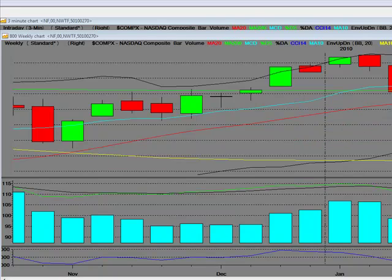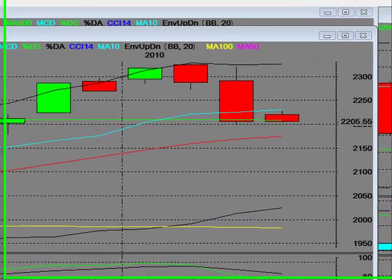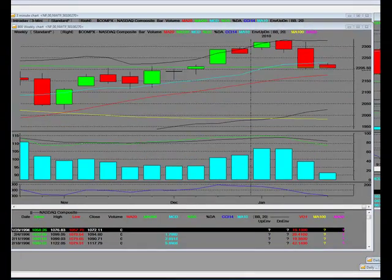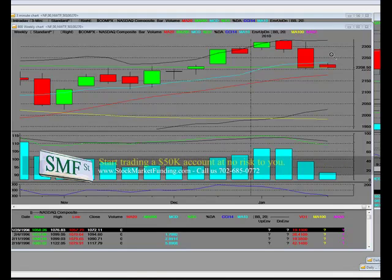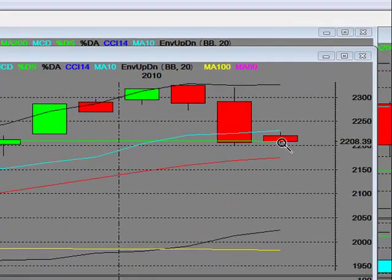Not a good sign. So I'm going to put out an SMF bear market reversal as of today on these two indexes. Check back with this. Let me pause the tape 1 second. Okay, we are now starting to level off, but this is the weekly chart of the Nasdaq comp, and we are below the 10-week twice. We got 1 week here below it and 1 week here. That's 2 weeks. All it takes is 4 weeks, and we will teach you how to use moving averages so that you can understand why something would go into a bear market reversal. We are going into a bear market reversal right now, ending the month of January